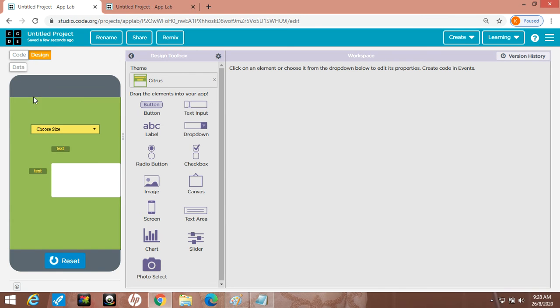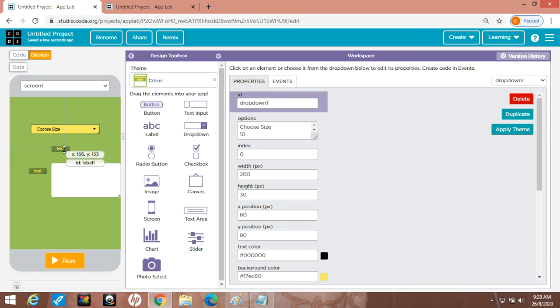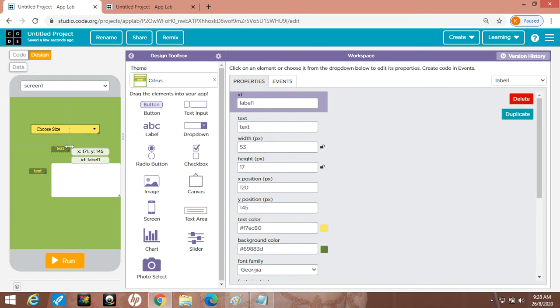Now come to the second label. This is a label, I want to write a name here. I am writing Sonia here. I want to change the size of this Sonia. This is label1. Okay. Now come to this label. This is a size label.